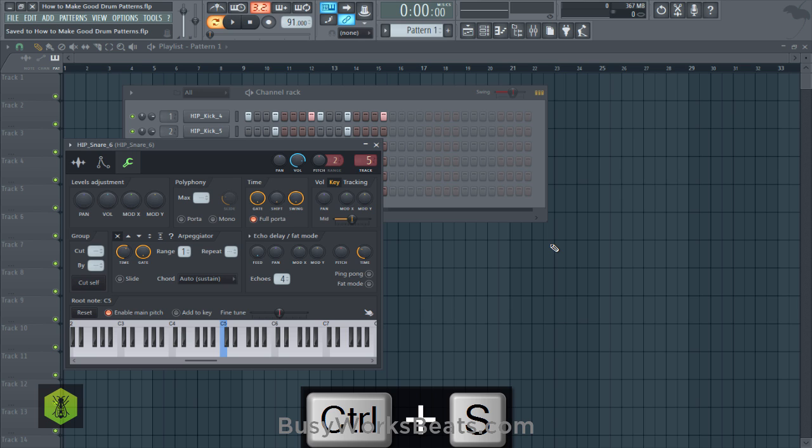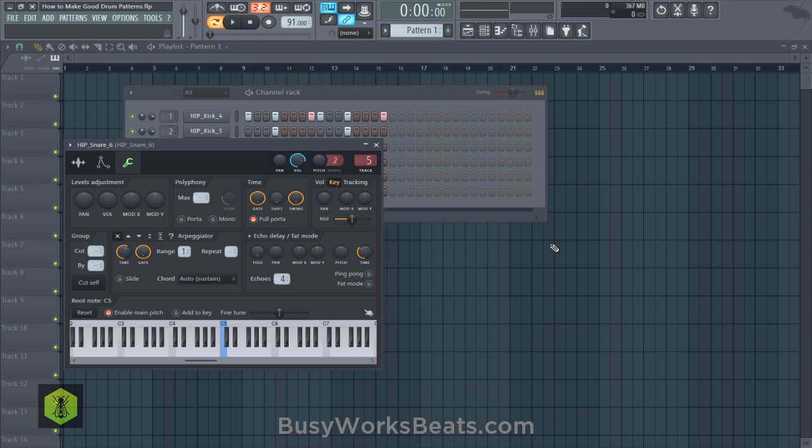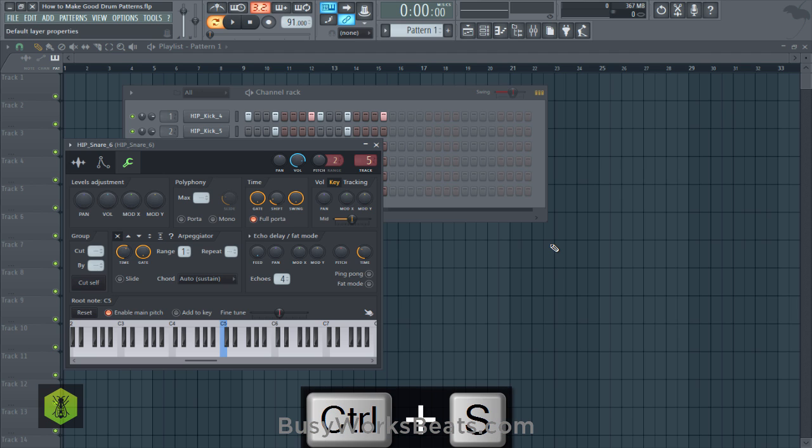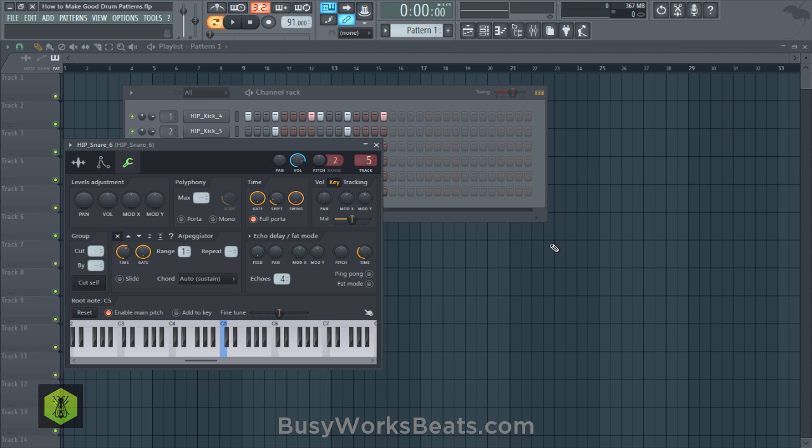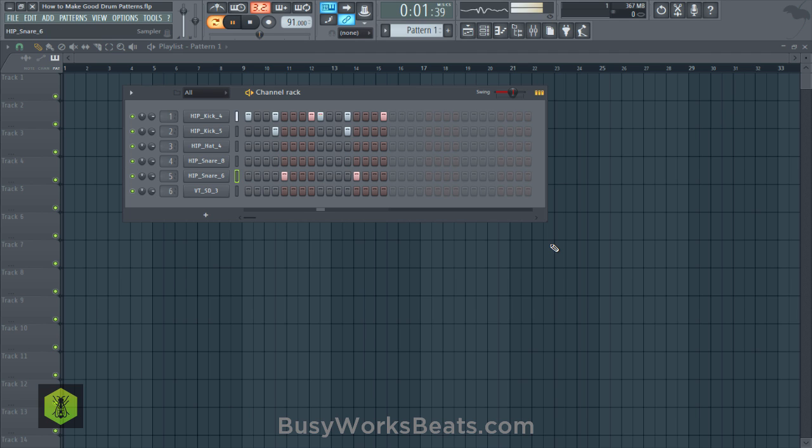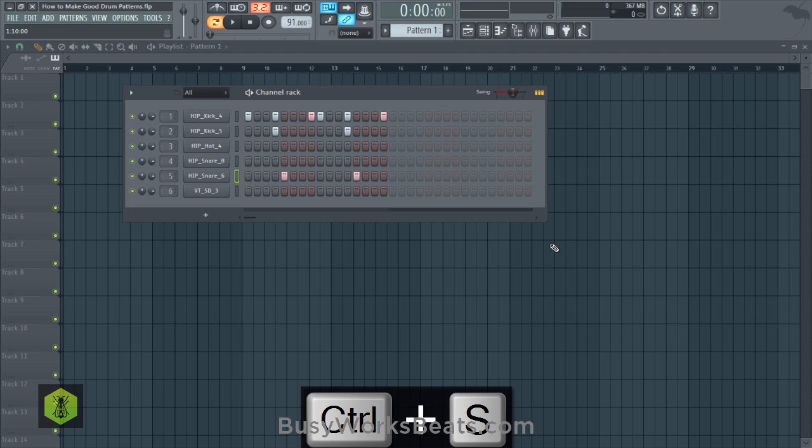Everything doesn't have to be on the grid. And your best friend here is to go to the wrench tool and turn up what's called time shift. Now if you're using FL11 or below, it's called time offset under your miscellaneous tab. So go to miscellaneous or MISC and pull up what's called time offset. It's the same thing, time shift. You can hear that snare is now delayed, so there's a time difference between these intervals here.